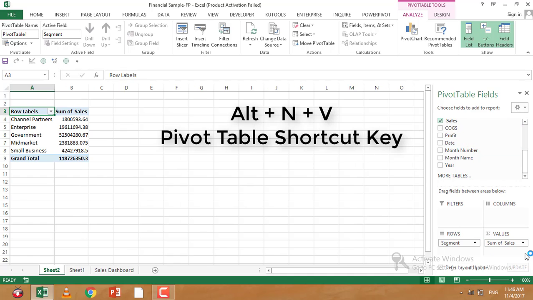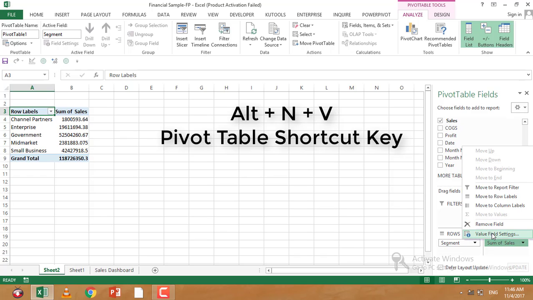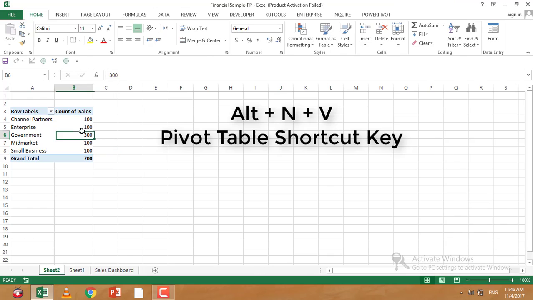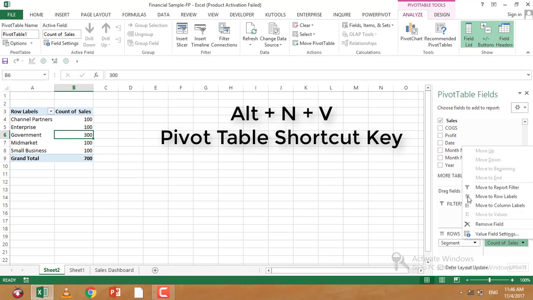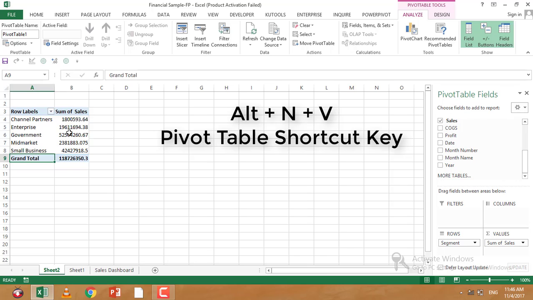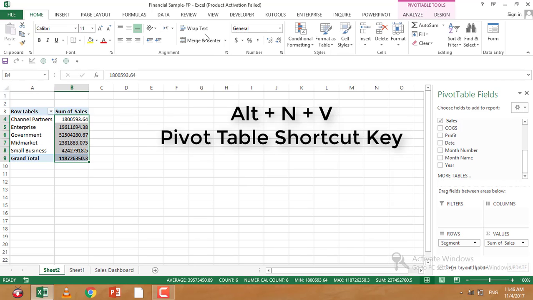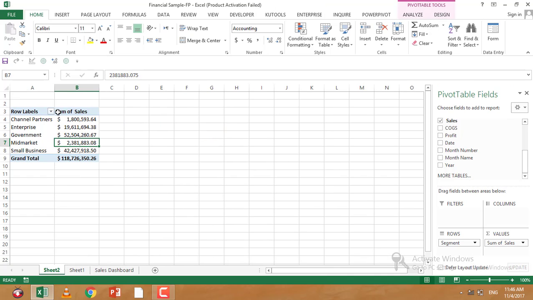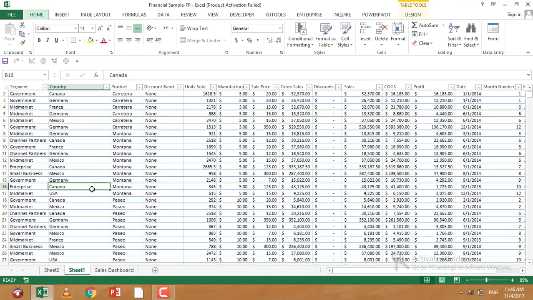It shows the sum of sales. You can also change the calculation through value field settings; you can do count, average. It's an amazing thing to do. So I want the sales as sum of sales, actually sum. This is it. Then again go to the Home tab and format it. This is pivot table number 1, and I'm going to insert another pivot table, Alt and V,